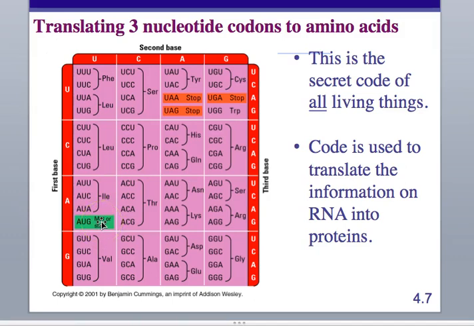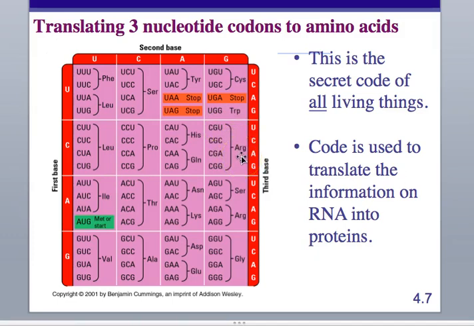Then let's say the next RNA sequence is CGU, okay? So how would I read that? I'd go to this chart and I'd say, okay, my first base is C, so that's here, and then my second base is G, so I'm going to go over to CG, and then U, oh, there it is. Whatever that was, it coded for arginine, the amino acid arginine.